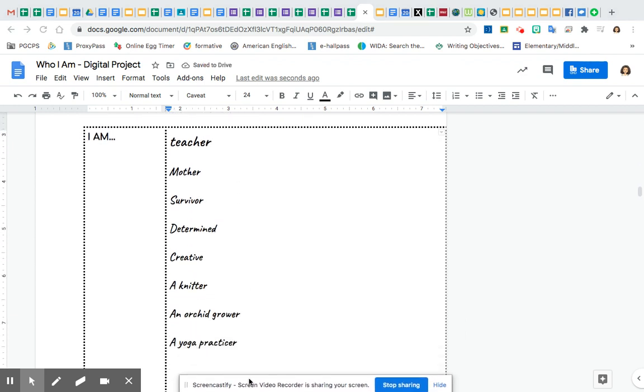So I'm a mother, I'm a survivor, determined, creative. I like to knit, so I'm a knitter. I grow orchids, so I'm an orchid grower. I practice yoga, so I'm a yoga practitioner. So anyway, just think about the things that you like to do and some of the different roles and responsibilities you have. So it could be a job or it could be who you are in relation to other people